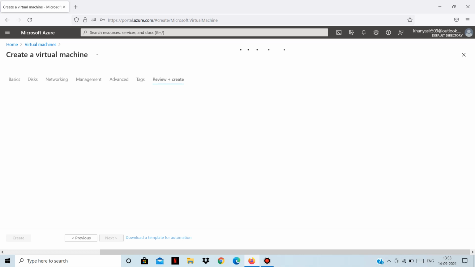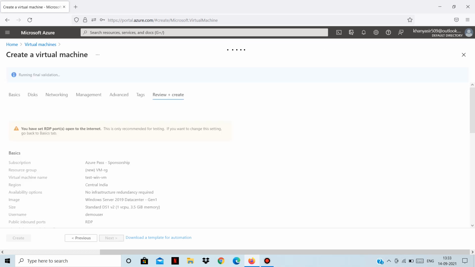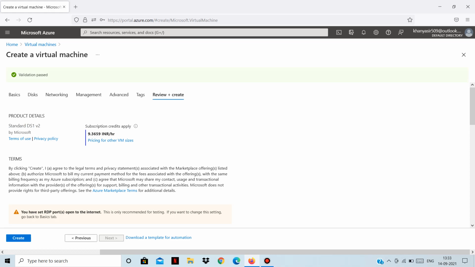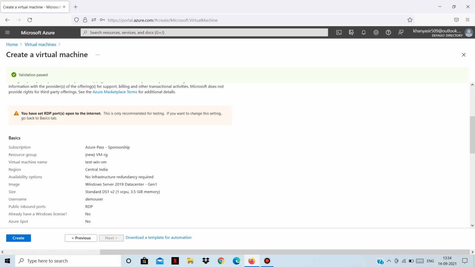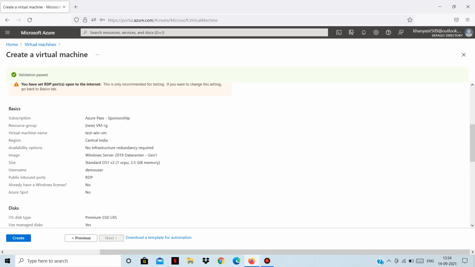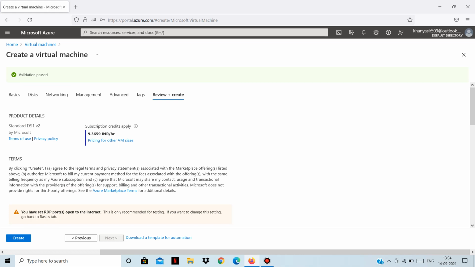Review and create. Now it will check our configurations. You can see the final validation has passed, meaning all our settings are correct, and we can see the summary of our configuration here. It says this virtual machine will cost us 9 INR per hour, so roughly 240 rupees per day.